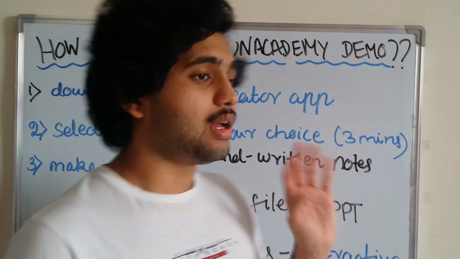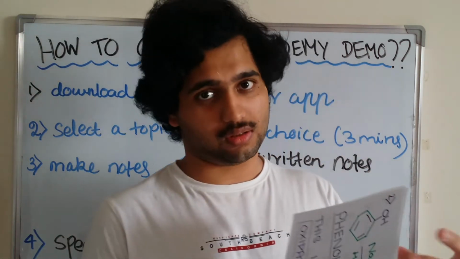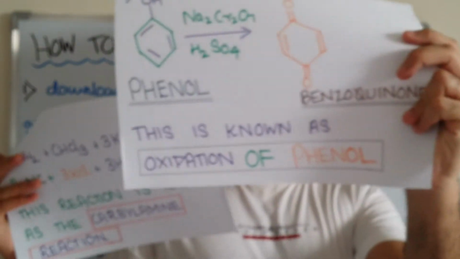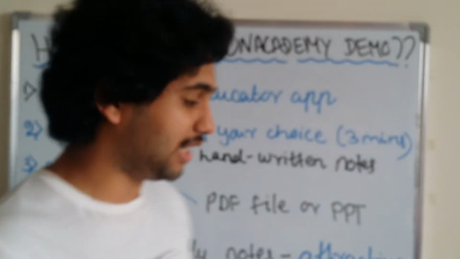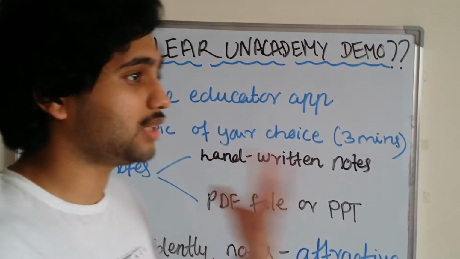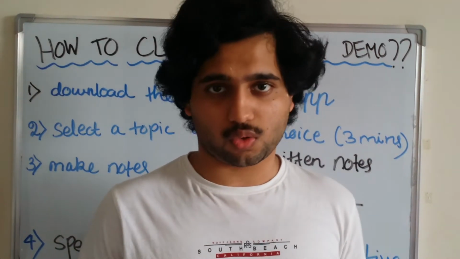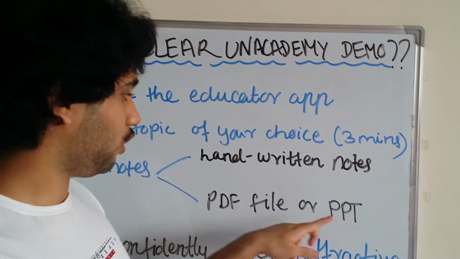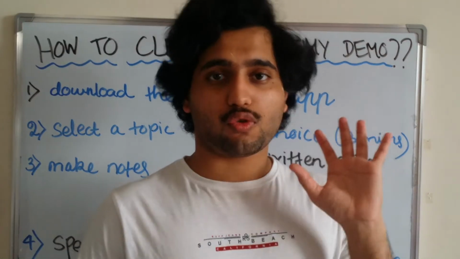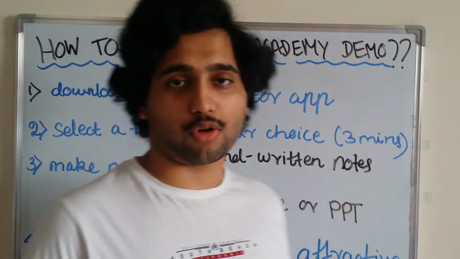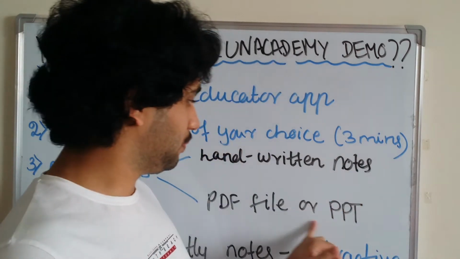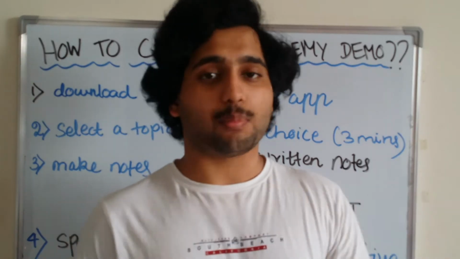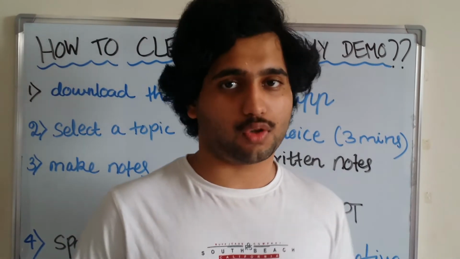the handwritten notes, and you should have at least 3 to 4 pages. 3 to 4 pages. I only have 2 right now. Okay, like this and like this. So you should have 3 to 4 pages. Then speak referring to those notes, explaining properly. If you're going for a PDF file or PPT, you need to have 3 to 4 slides. Okay, PPT, PowerPoint presentation. You can do a PPT also by using 3 to 4 slides and again upload it and then speak on the topic which you have chosen.